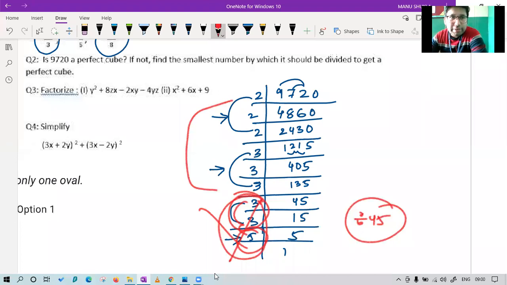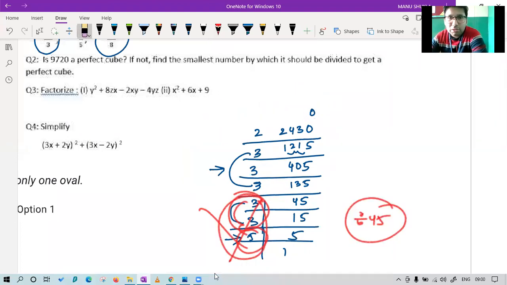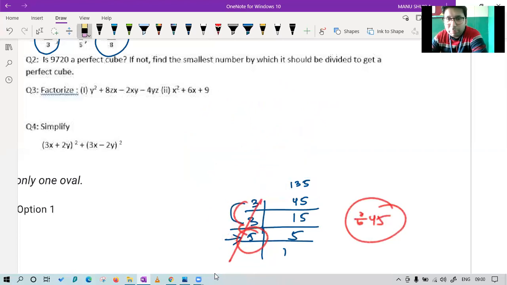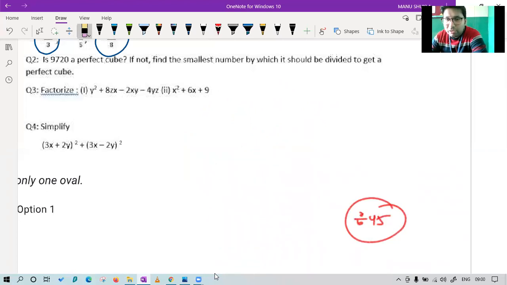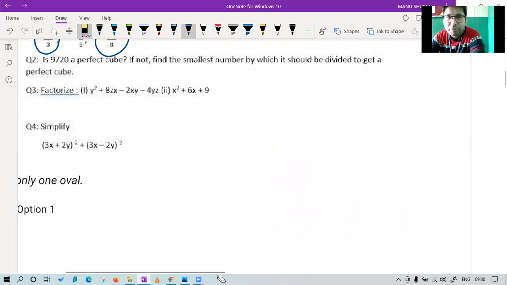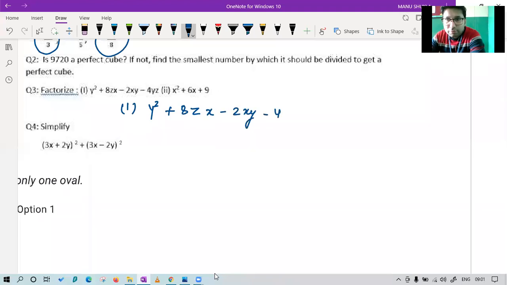Okay. Now, next question, factorize. The first part, did you people find it easy? Tell me which method out of the 4 ways we will use for the first part. Will you go for taking common, regrouping, or identity, or this one? We will go for identity, this one. Anyone? Middle term splitting, better you can't do right now. Right now there are 4 terms.